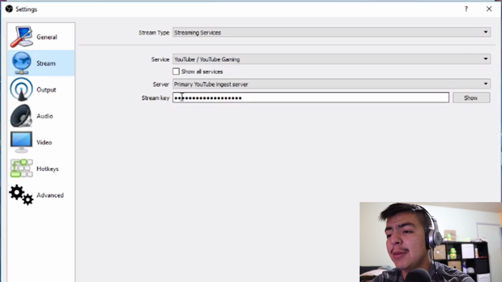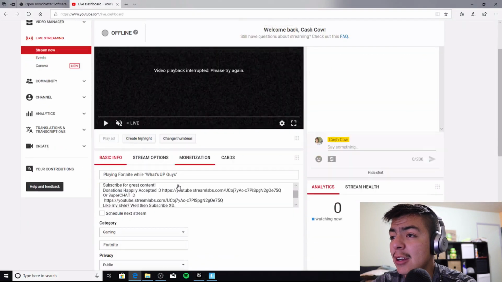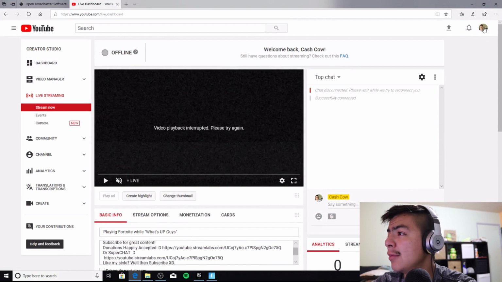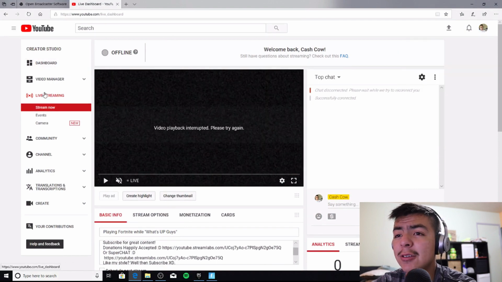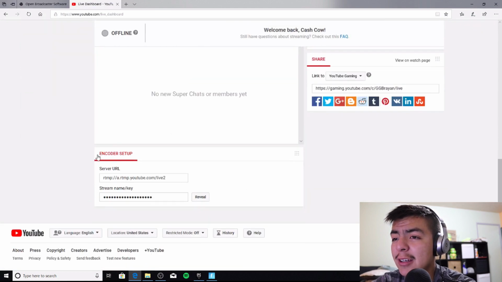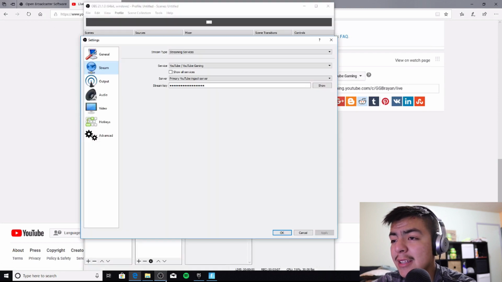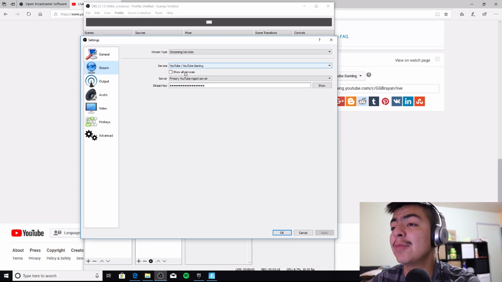The way to get your stream key is you go to YouTube. If you're going to stream on YouTube, go to your channel, Creator Studio, then on the left side of Creator Studio, live streaming, go to the bottom, and then here on the encoder setup, the stream key is right here. You're going to have to reveal it, copy, and paste it over here on OBS. Make sure you're on the correct service, obviously YouTube, and then for Twitch,